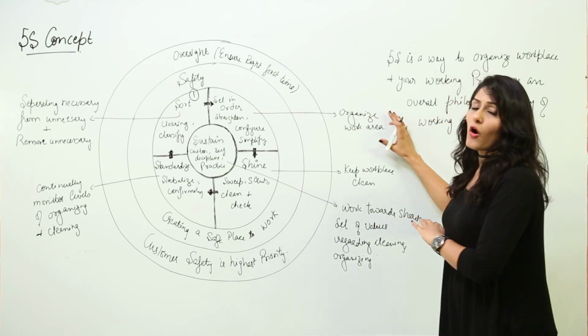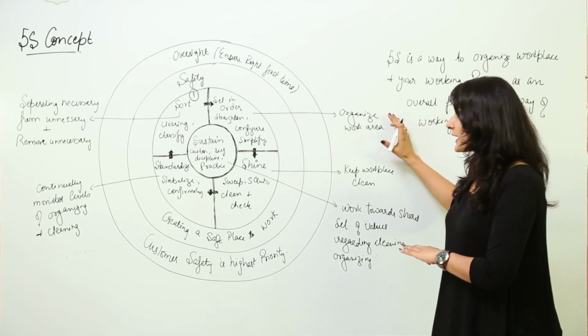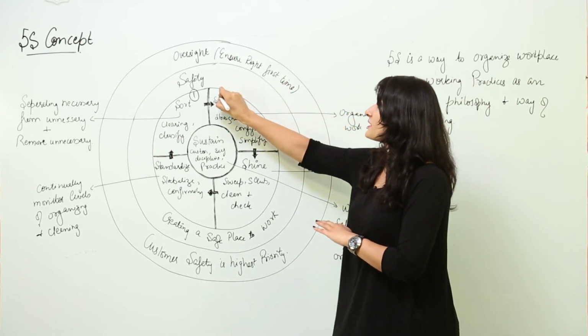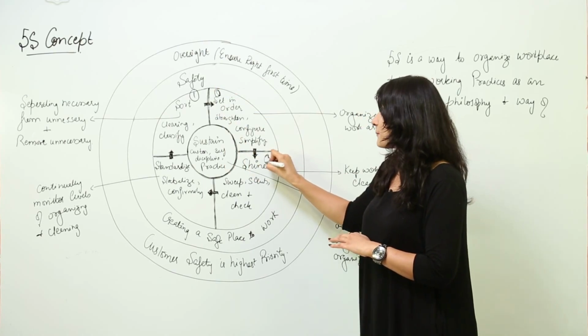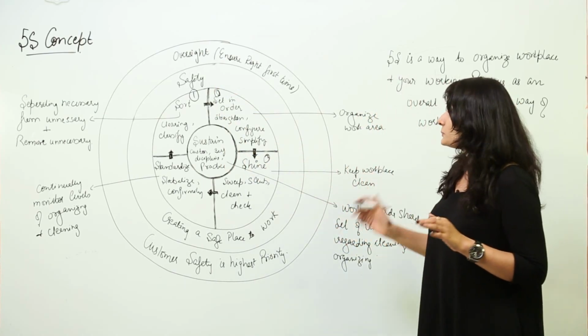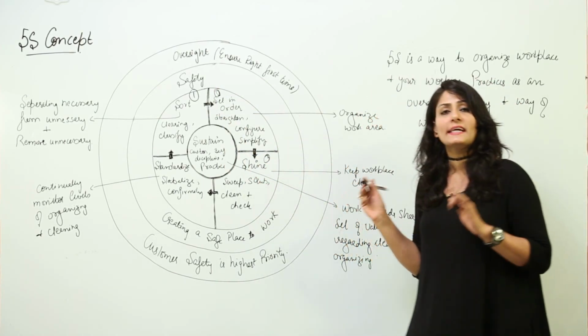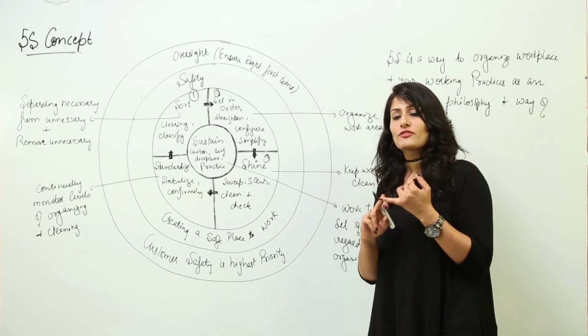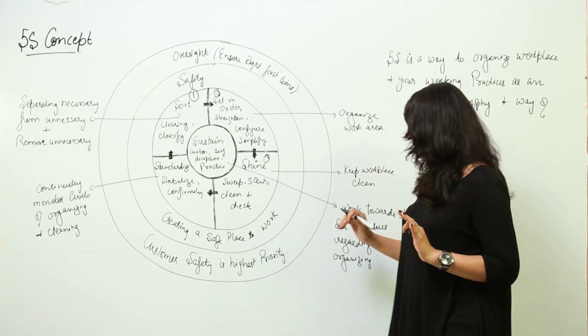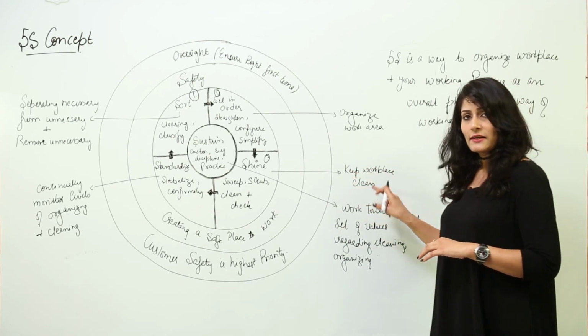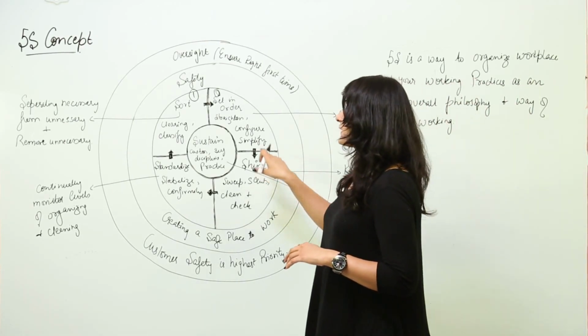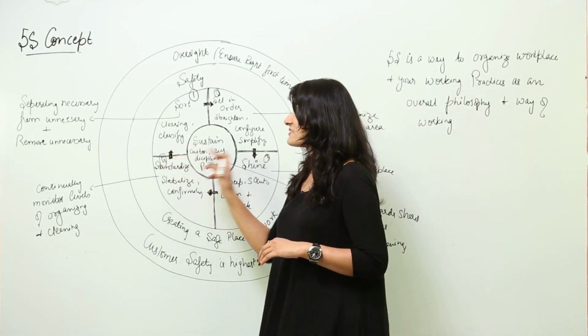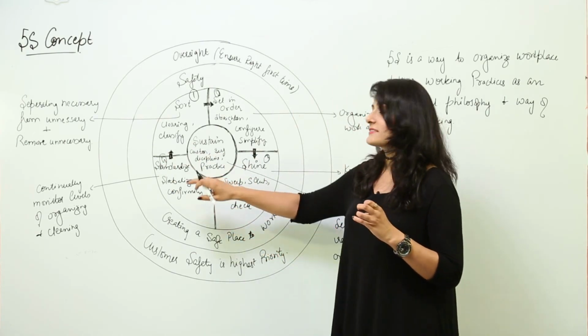So you have to organize your workplace or work area, and then this second step leads to the third step, which is shine, which means to sweep, scrub, clean and check. So basically you clean your tools, your workstation, your work tables, everything. So keep the workplace clean, and after this third step it will lead to the fourth step, which says standardize, stabilize,